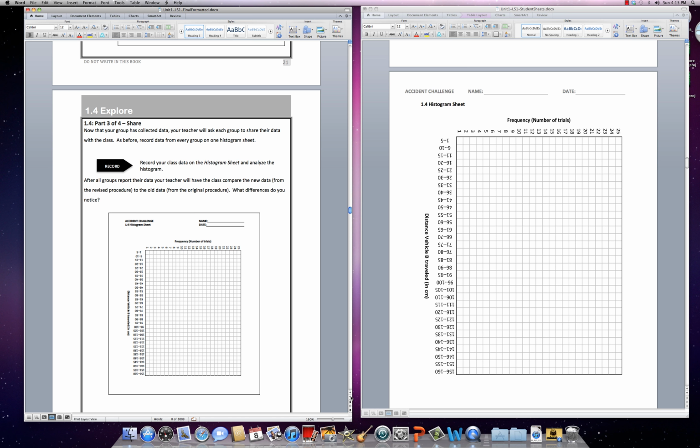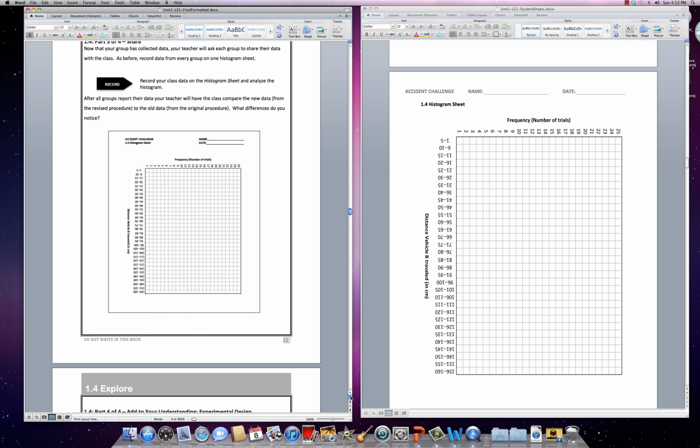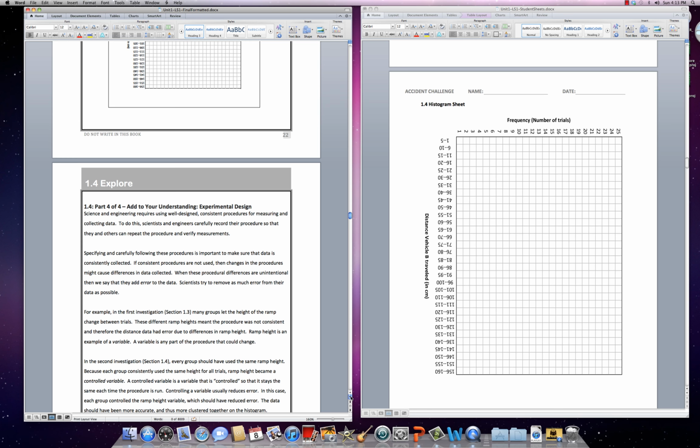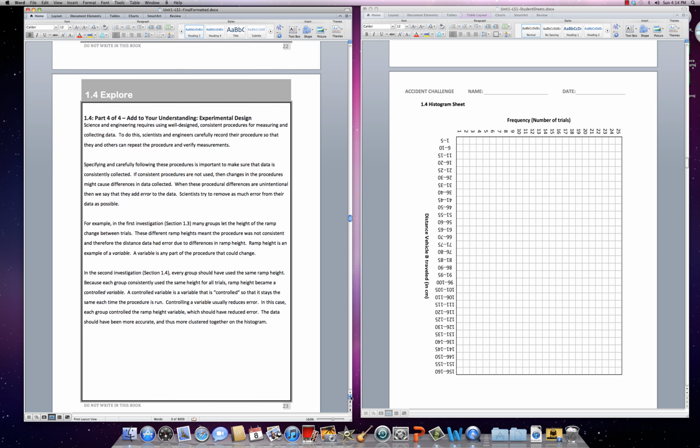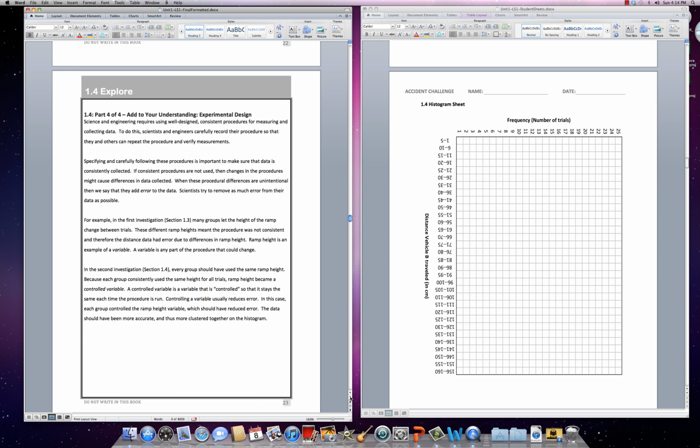Once students have seen these differences between the histogram from 1.3 and the histogram from 1.4, they will complete a short Add to Your Understanding in experimental design and review vocabulary such as error, variable, and controlled variable, where they will look at how they were able to reduce the amount of error by creating a more consistent procedure and